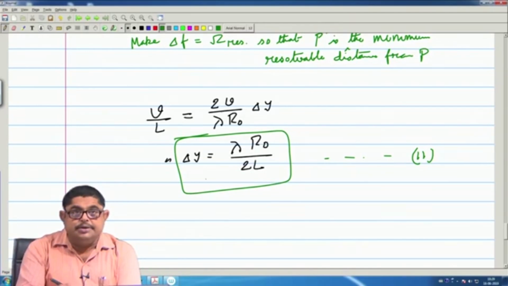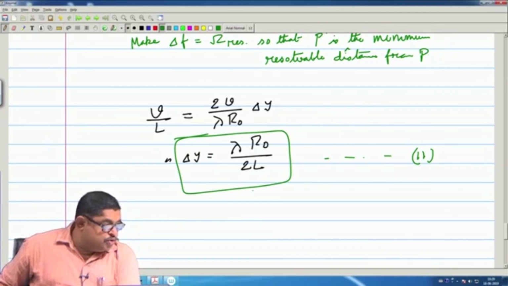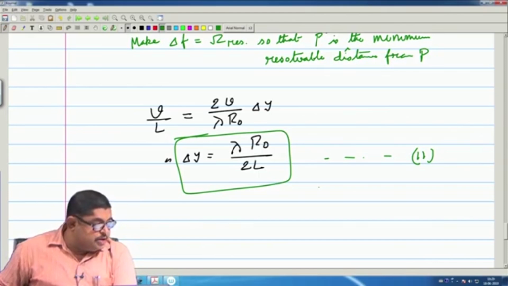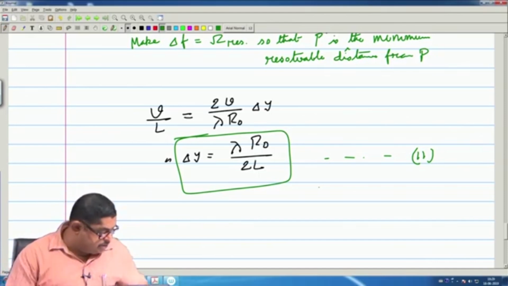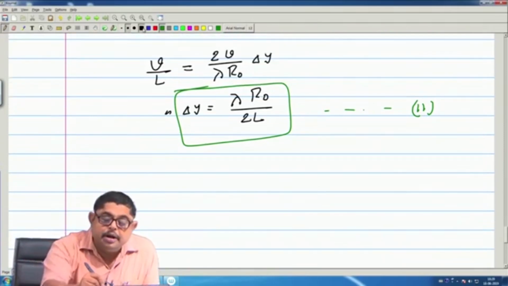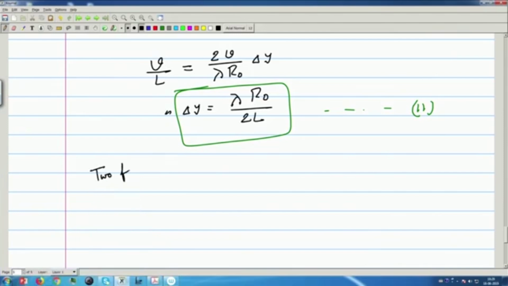It is seen that the cross range resolution is inversely related to L. So, obviously, increasing L improves the resolution, but there are two limiting factors of L. So, let me write that two factors limiting L. The first one is